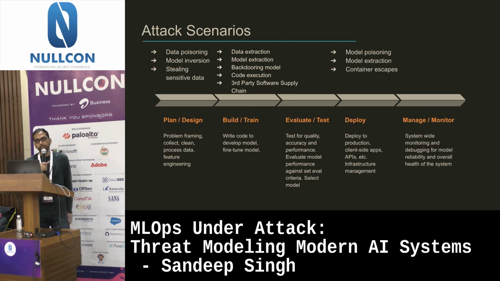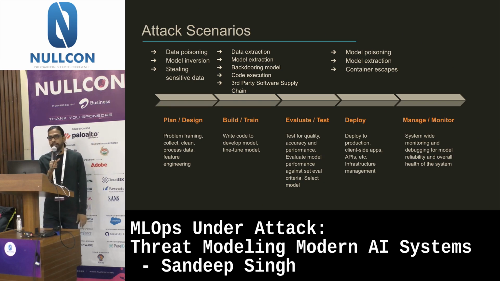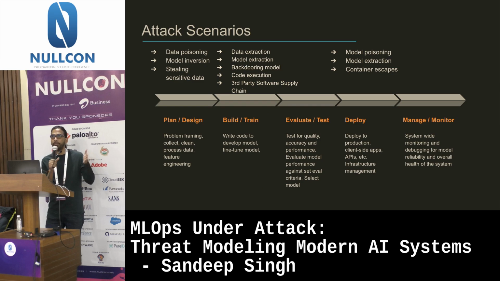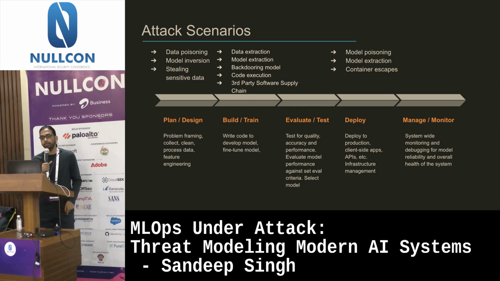Attack scenarios. If you look at the attack scenarios that are possible in this whole life cycle, these are super basic. This is mostly what you hear in the OWASP top 10. But when we think, hey, the app that I'm querying, how can I do model poisoning or data poisoning? There are some scenarios possible, but not much. All of those things mostly come into the picture when you're looking at the whole ML build process, how the whole thing is built.